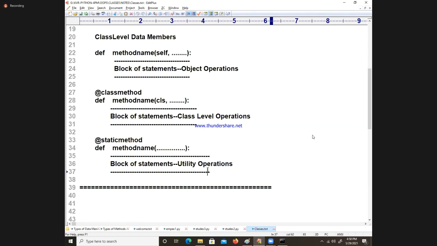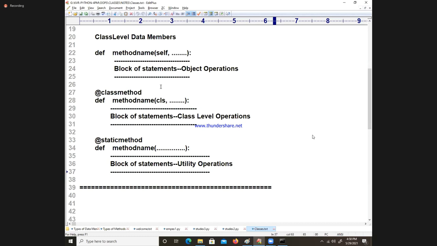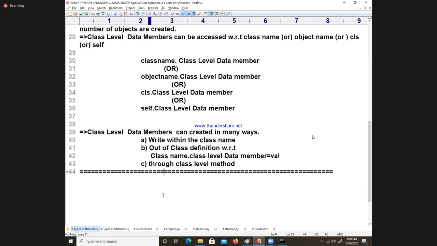So coming to the point, here I am going to say all types of methods are going to be available inside of the class, and then class level data members also we can do. So ultimately I am going to conclude. How many types of methods are there? 3 types. And how many types of data members are there? 3 types are there.